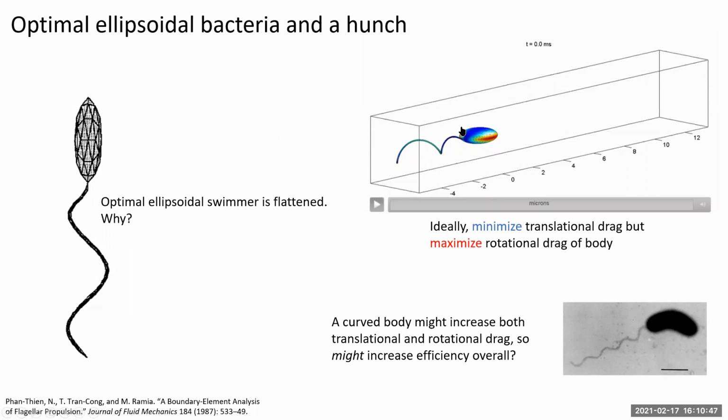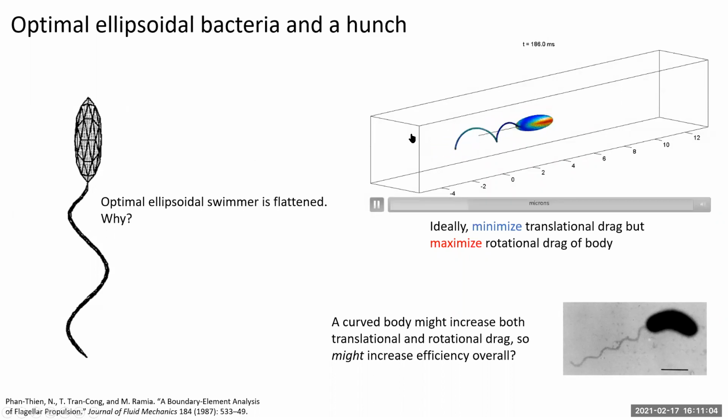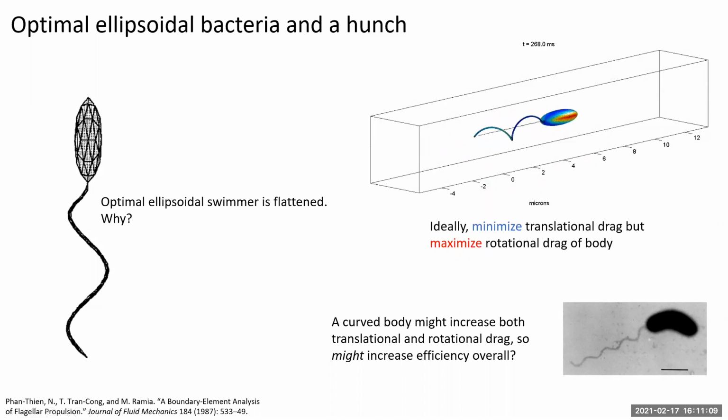And why is that? Well, the video that I had most easily at hand was one I made myself when I was just playing around. I'll get to the modeling in a second, but this is just a simulation of this weird coin-shaped bacterium. And the idea here is, because you have to have a balance of torque, the body you can see is rotating one way, and the tail has to counter-rotate the opposite way because this thing has no external forces or torques on it. Because of that constraint, ideally what you want here is for the body of the cell